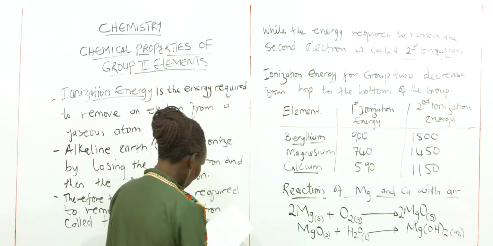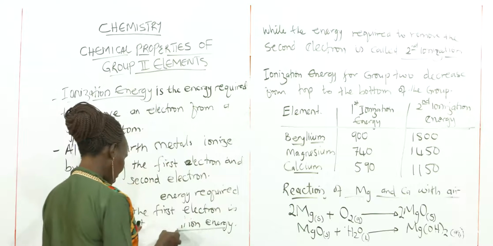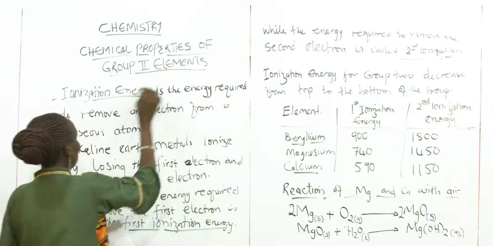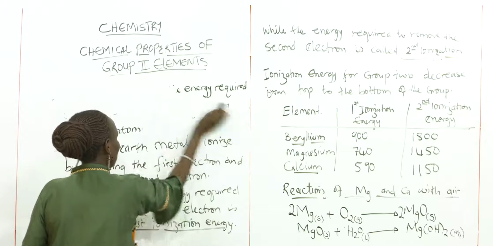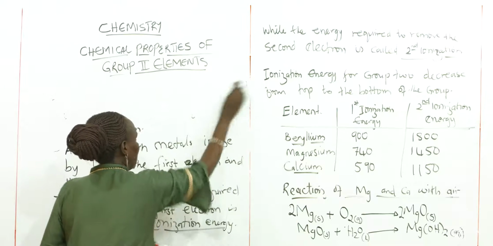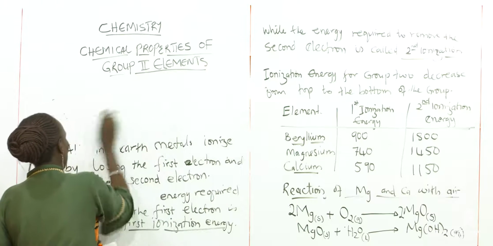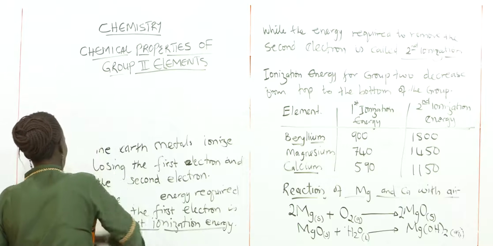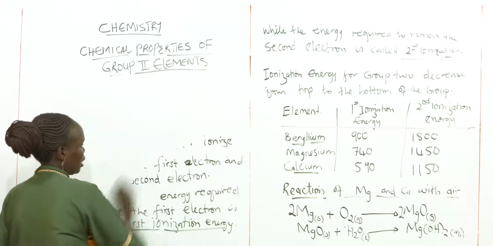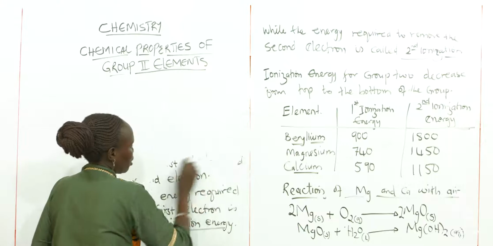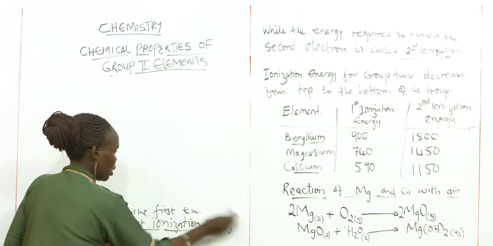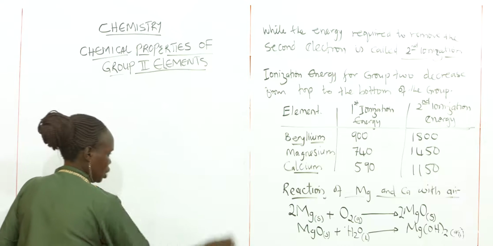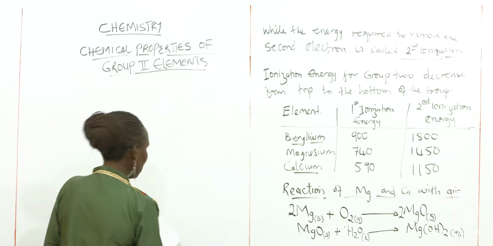So we go ahead and we see the reaction of calcium with oxygen. We are going to have the reaction of oxygen with the calcium. The same thing will happen, but here we are going to see that magnesium is a bit reluctant to react with air. So we are going to have an equation to show this. We are going to see that magnesium,